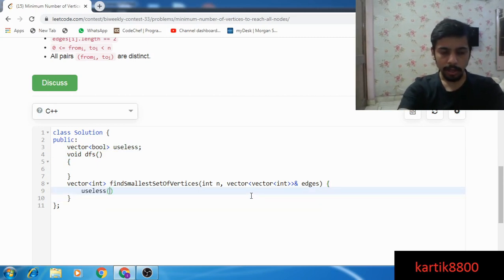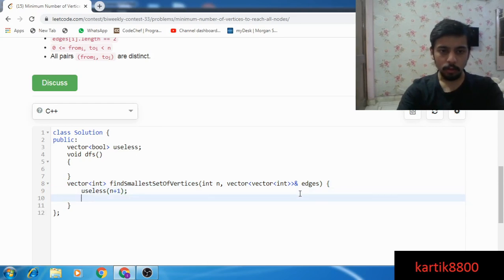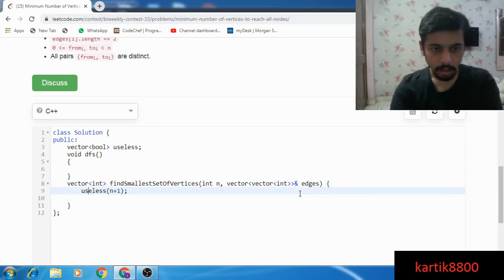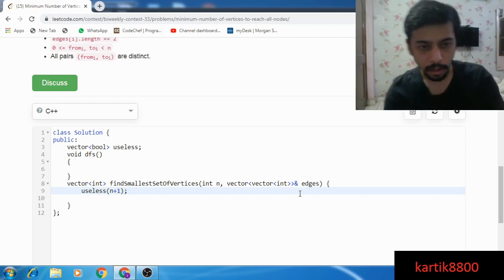There are n number of total nodes. I will keep my set size n+1. I'm going to use 1 based indexing. It feels easier to me. Judge me if you want to, I don't care, but I really like 1 based indexing. It abstracts away the difficulty of -1 +1 everywhere.